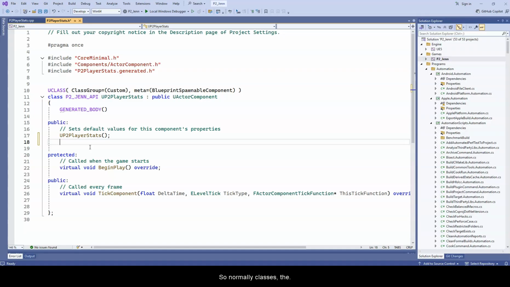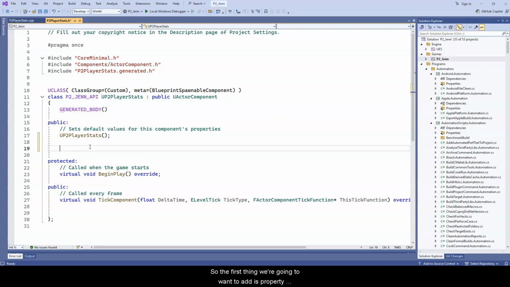Normally in classes, if you don't have it mentioned right up here, it's private, meaning that only the class can make changes to it. Since we're going to put it down here in the body, in the public part, it's going to be public. So the first thing we're going to want to add is